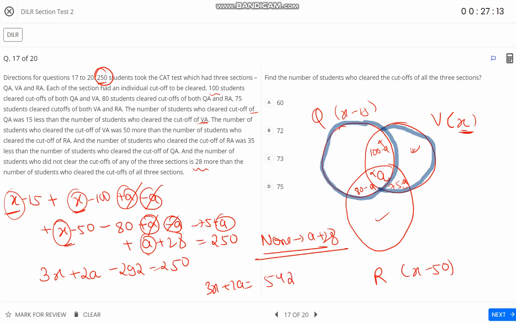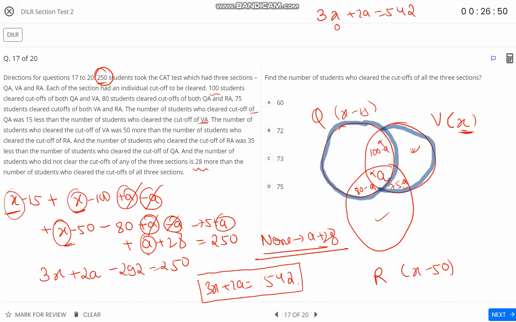So we got 542. Now what we can do is either solve this or plug in options. Okay, 549, 11, it is not a multiple. Oh yes, one thing can work. Let me write it here: 3x plus 2a equal to 542. For the first value, if we take x to be 0, although it isn't possible, let us take it so that we get the integral solution.